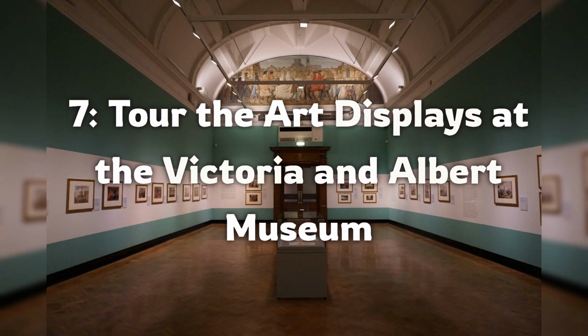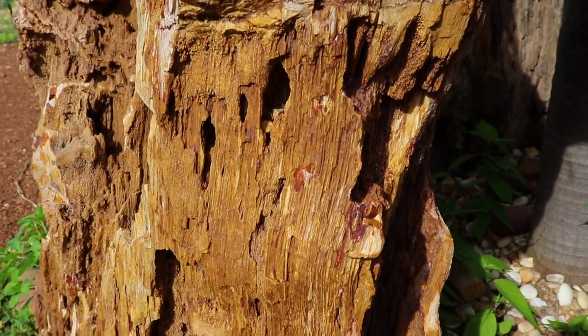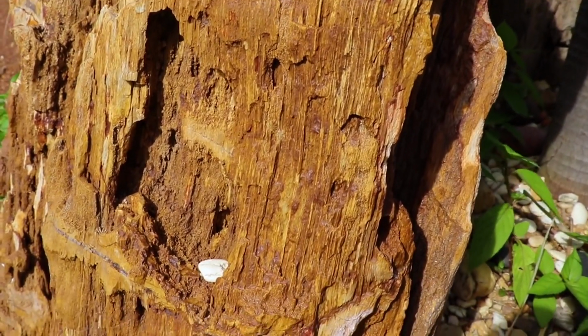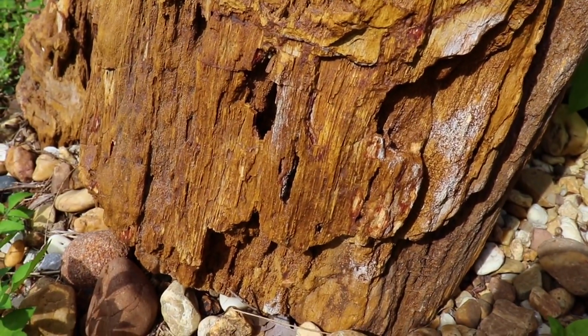7. Tour the art displays at the Victoria and Albert Museum. The Victoria and Albert Museum, aka the V&A, is part of a South Kensington-based group of museums that includes the Natural History Museum and Science Museum. Founded in 1852, the V&A covers close to 13 acres and contains 145 galleries spanning some 5,000 years of art